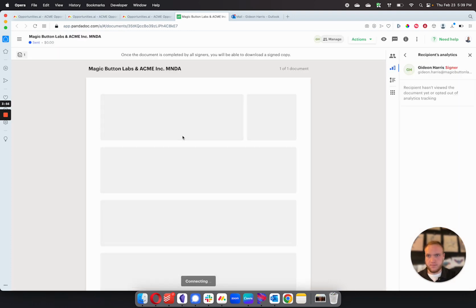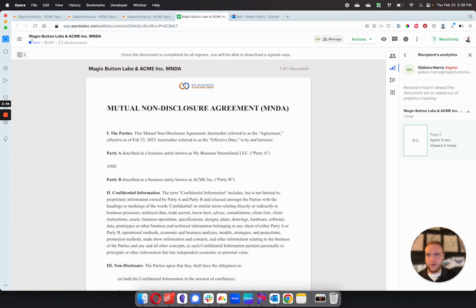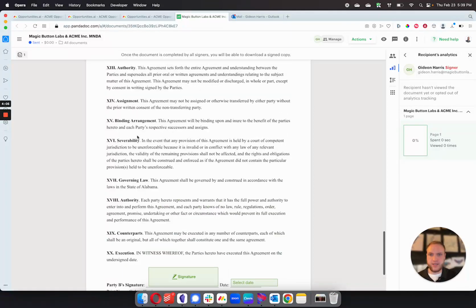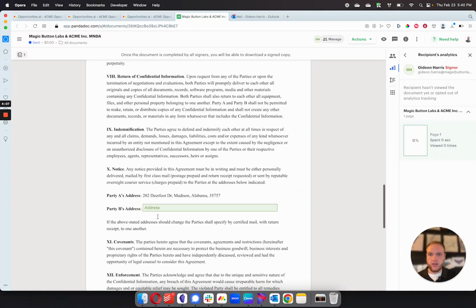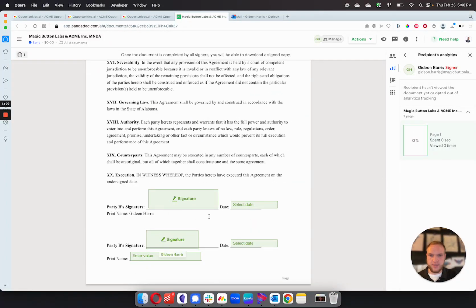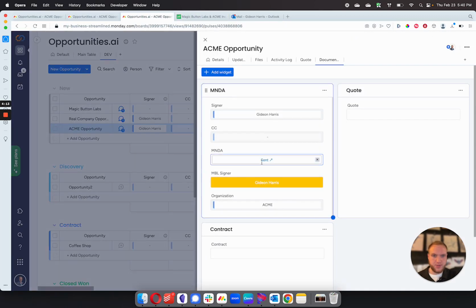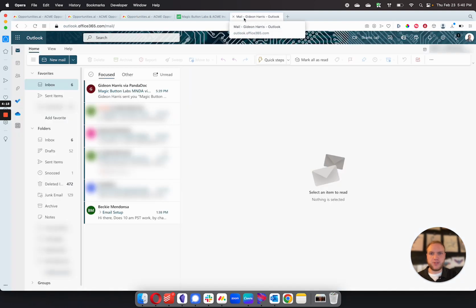If we open this up, you'll see it put in your name there and then the name of the company, and you'll see that it's the official legal name of the company. And you'll be able to see the whole document that's been put together along with the different fields that need to be filled out in here. So that's what it looks like from the Monday.com perspective, and it'll show you that it's been sent. From the email perspective, you'll be able to see that if we open this